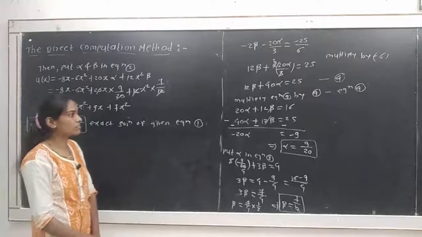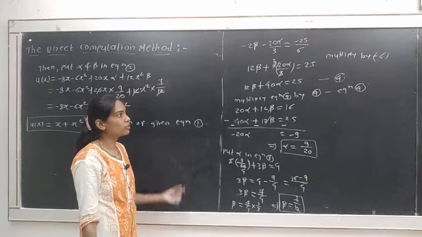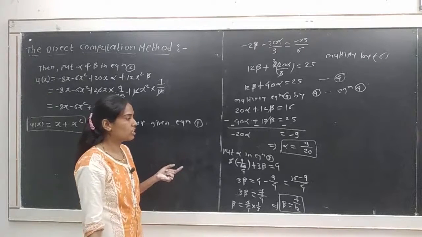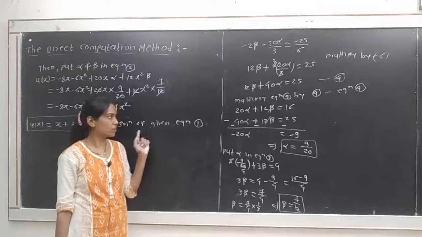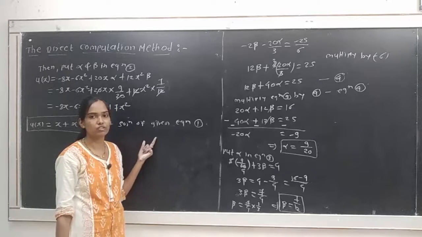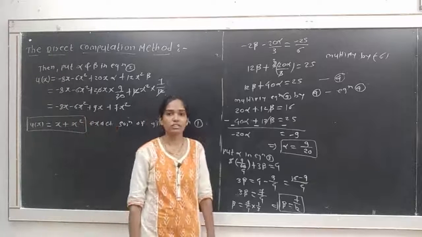Okay, so in this way we can easily find it by solving. If we have to get the two constants, then we have to get the system of equations in two variables, and by solving simultaneously we get the values of those constants, and by putting them in the given equation 2 we get the solution. Okay, so today we stop here.